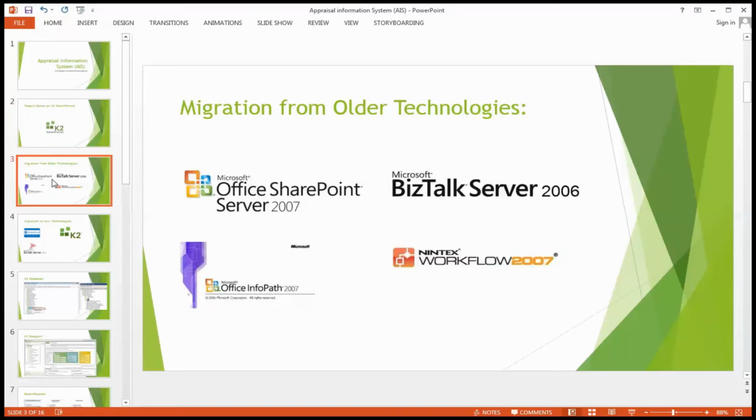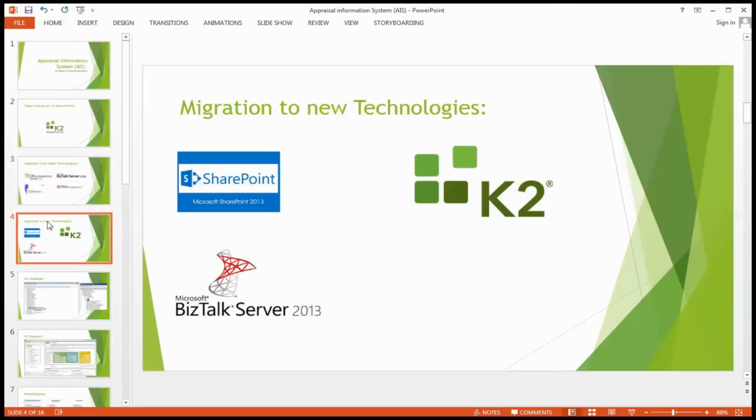In year 2013 and 14, I was working on various integration and migration projects from older versions of SharePoint 2007, BizTalk 2006 R2, InfoPath 2007, Nintex 2007 to the new version of SharePoint 2013. In our planning phase, the major goal was to complete the migration of the existing applications, workflows and services with enhancements and new development as quickly as possible. Hence, the organization decided to use SharePoint 2013, BizTalk 2013, K2 BlackPearl workflow and K2 SmartForms as technology for